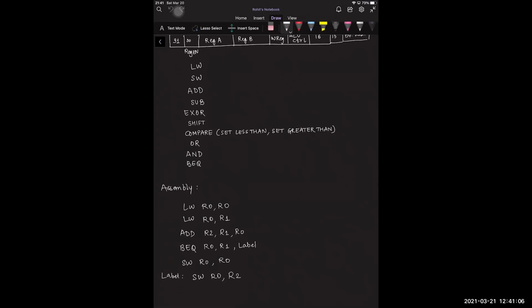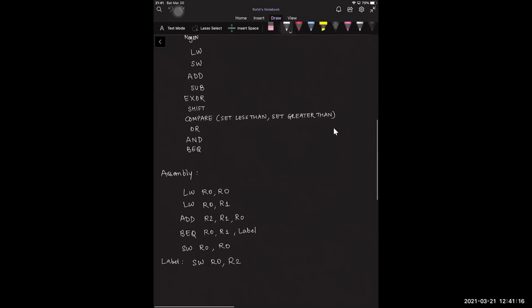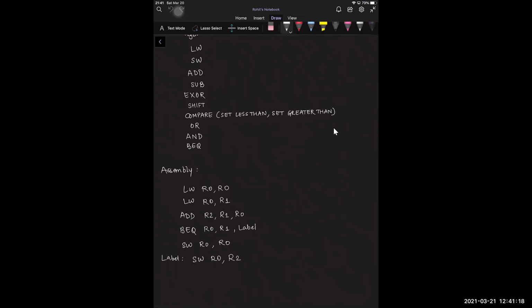To explain the working of some of the basic instructions, we set up a very simple assembly level code. This is the code that we demonstrate to show the working of the basic instructions from our instruction set.